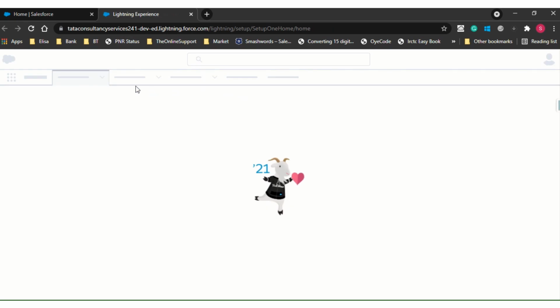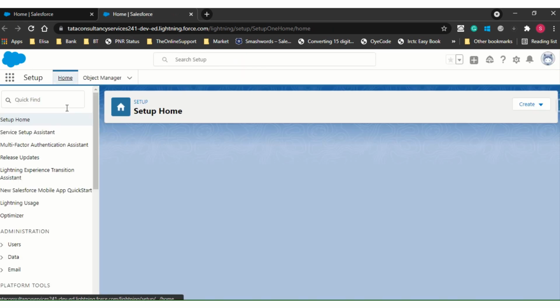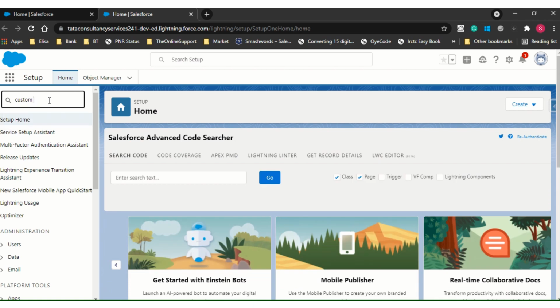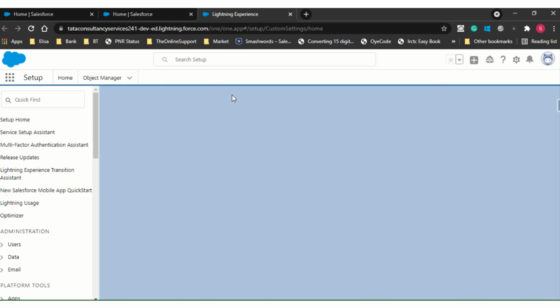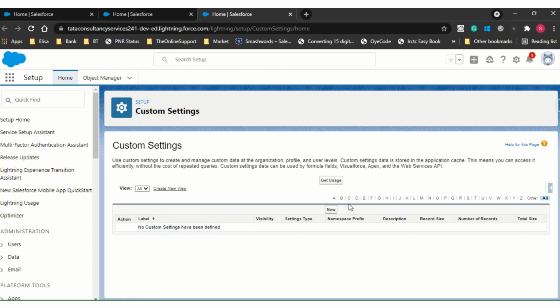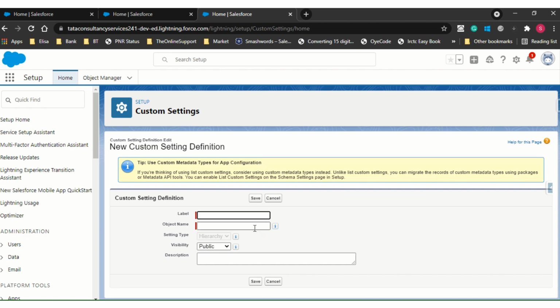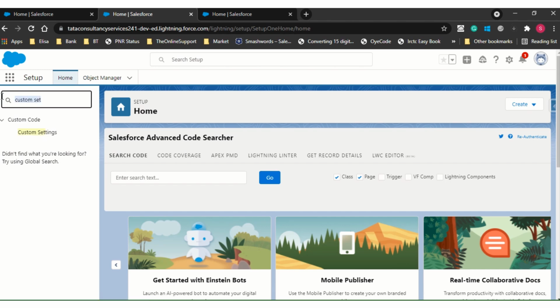I'm going to create one custom setting and I will show you how it works. So this is a custom setting. In setup we can check. I have opened the custom setting tab. Right now I don't have anything. In Accenture and TCS it was asked how we can enable this setting type, right? So we have an option. How can we enable it?